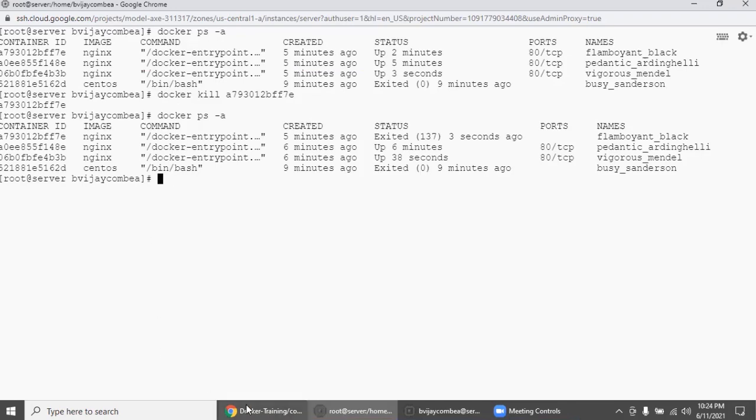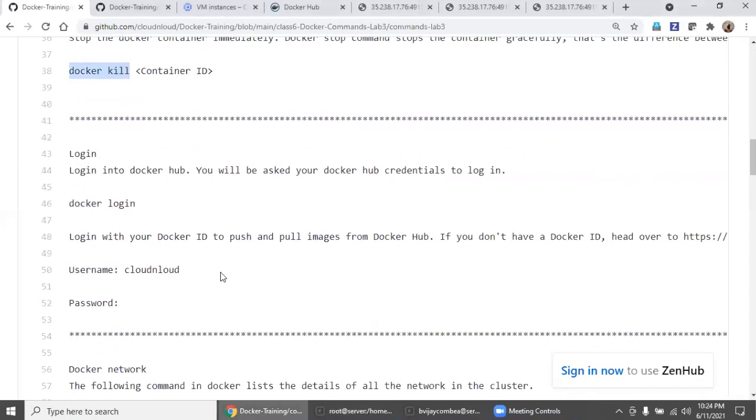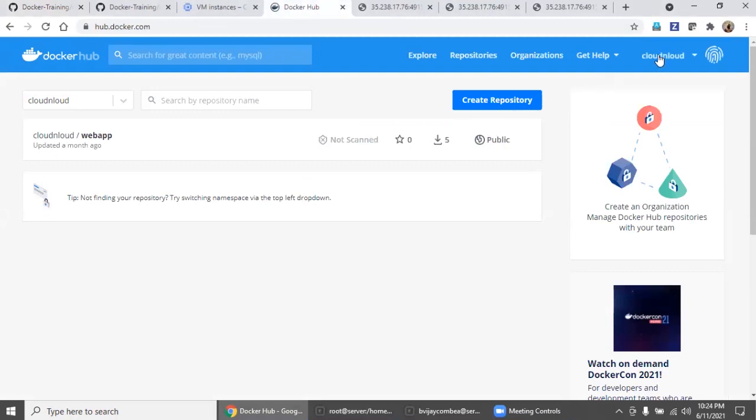We are going to see the private repository and public repository, but first your machine has to log in to hub.docker.com. This is your hub.docker.com, right?